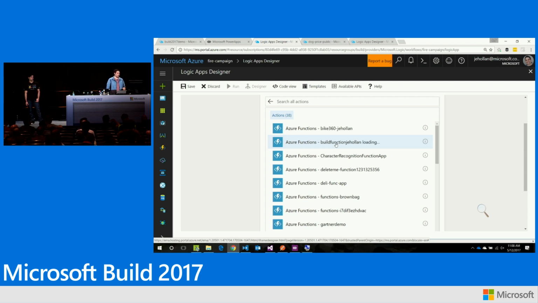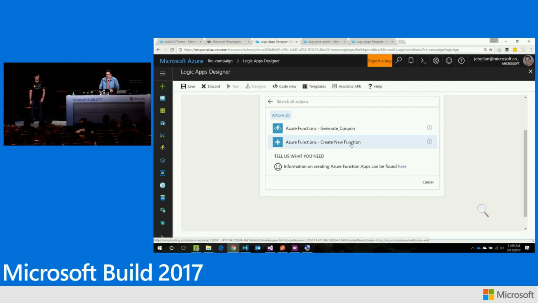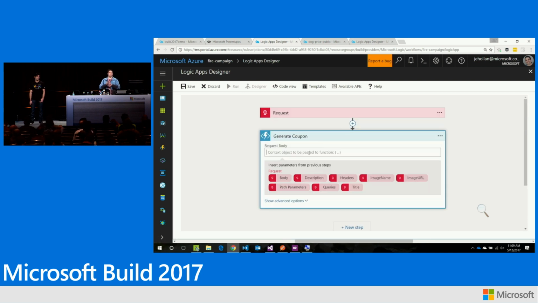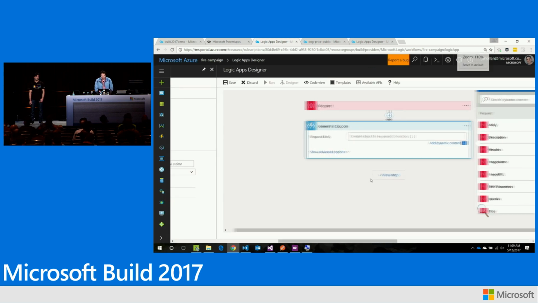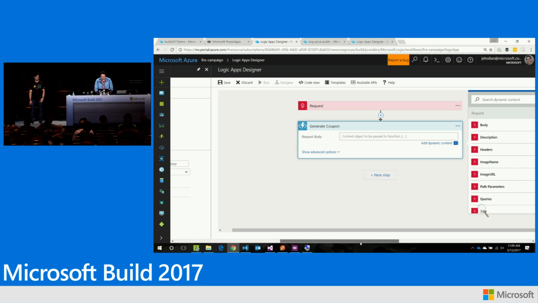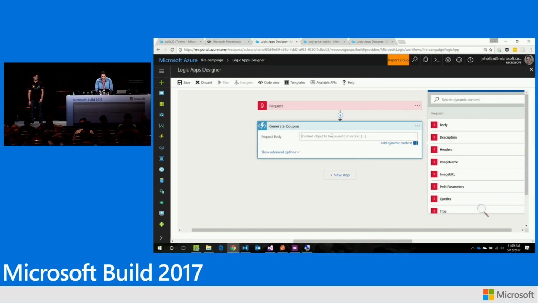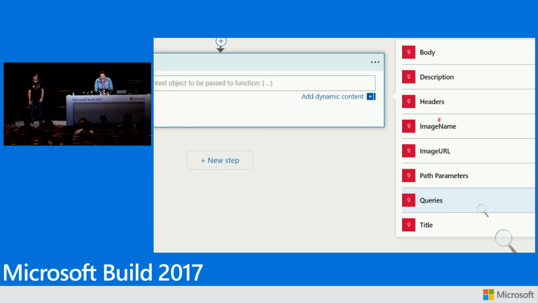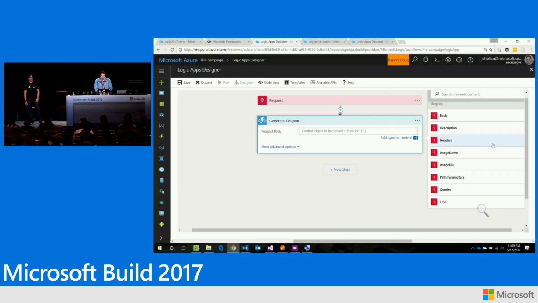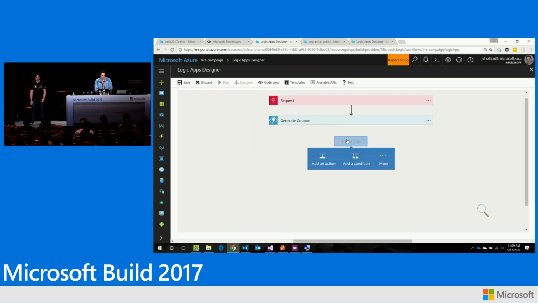So I have this one called build function, aptly named. And I'm going to go ahead and open this one. You'll notice I just have a single function in this app, which is called generate coupon, which should show up in just a second. There it goes. So I'm going to run this little bit of code, which just goes and gets the information on the promotion and gives us this nice, beautiful HTML email. I'm going to zoom out here so I get a little bit more of the designer in here. Now, I can pass in whatever information I need here. I could pass in this nice object if I wanted to. And I just want to point out quickly that the designer even knows that I'm going to have things like an image name and an image URL, because I told it what the payload was going to be. So I can just pass in whatever information I need to that function.